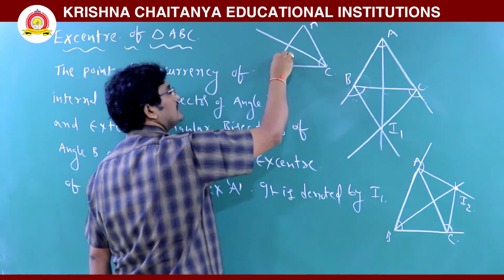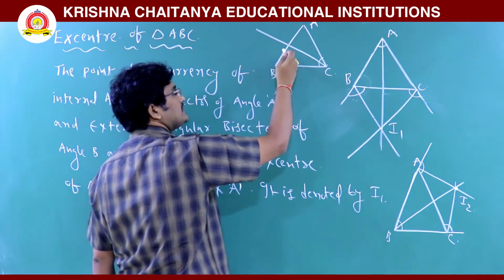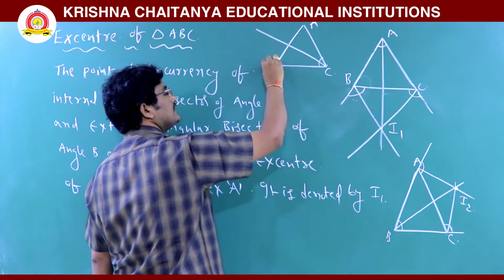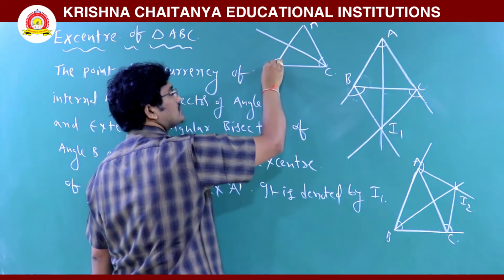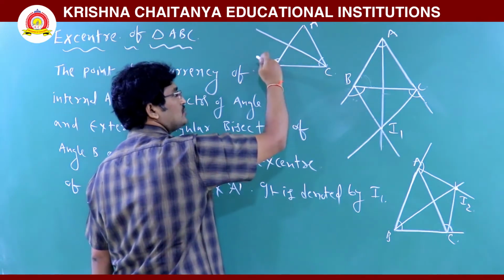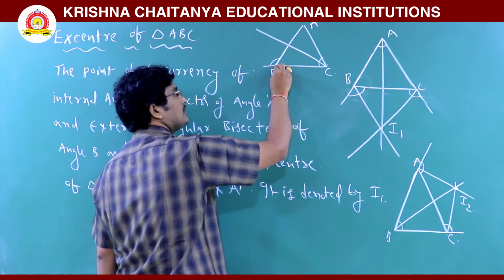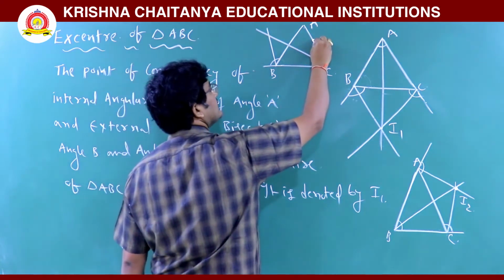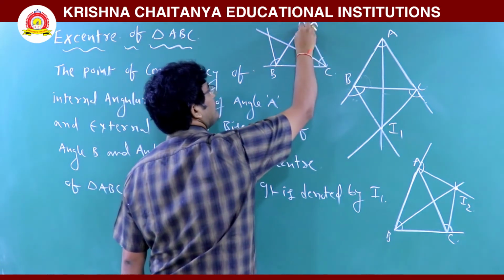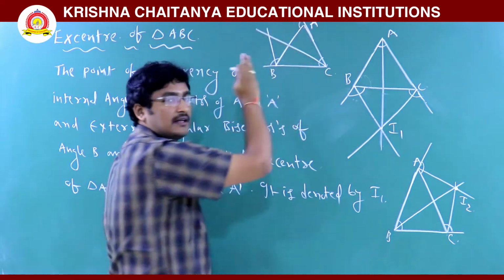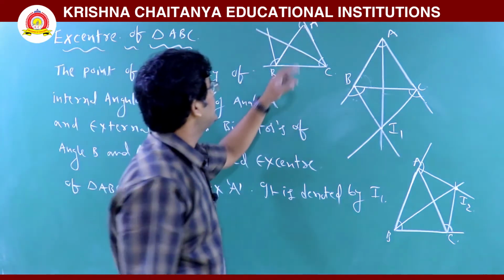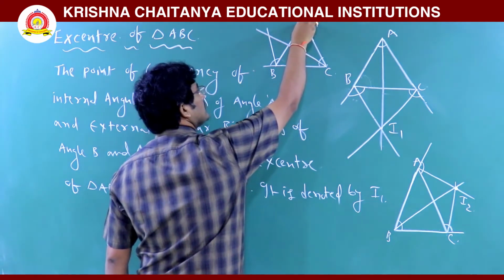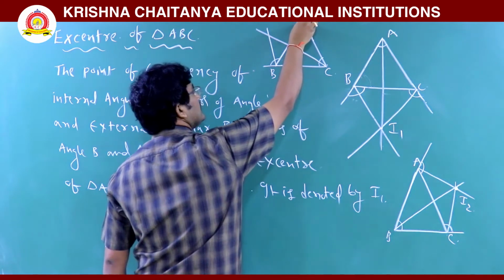So this is the angle B, whose location is inside of the triangle. Let me extend this line like this. Then this is also the angle between these two same sides. It is the angular bisector of B. In the same way, we have to extend this line. So this is the angle between these two lines, which is the external angle of triangle ABC. It is external angle A. Suppose you draw the bisecting line for this angle. That one meets there.